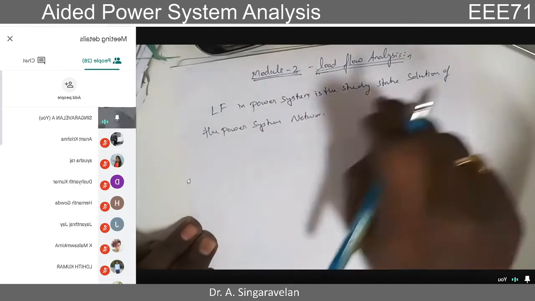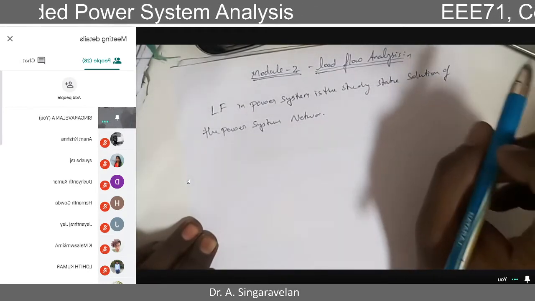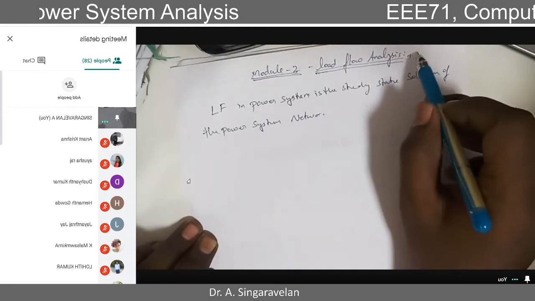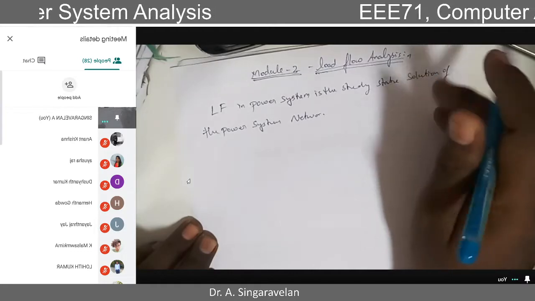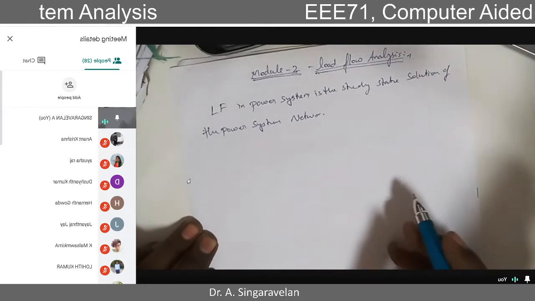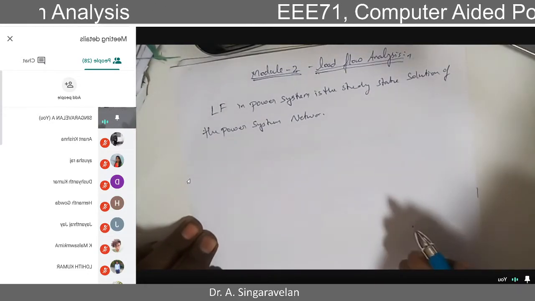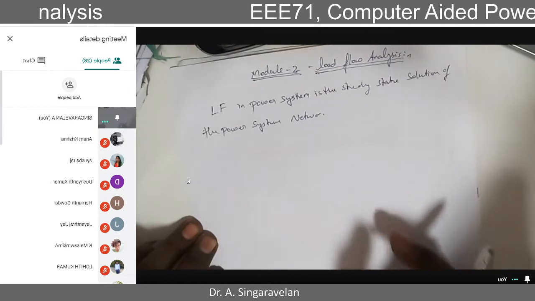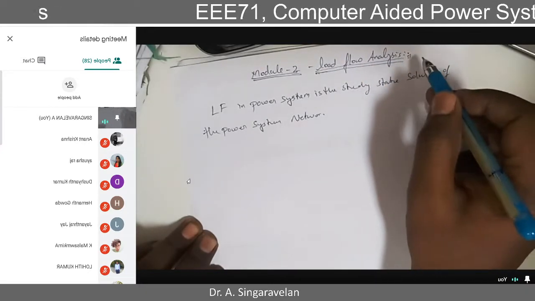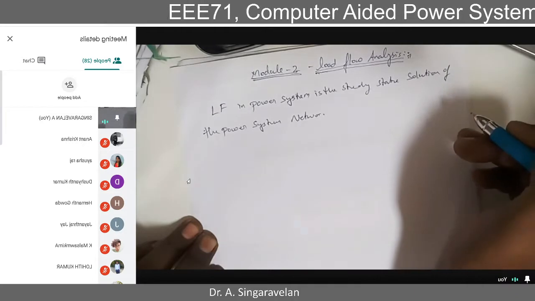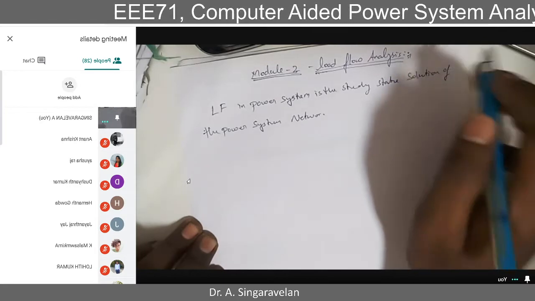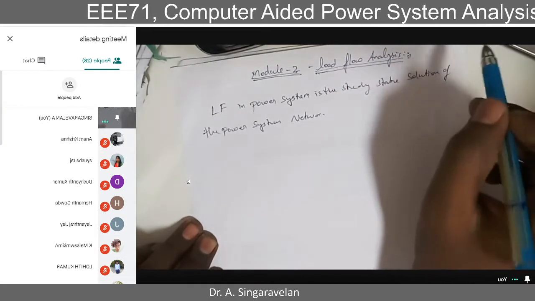So, this is a very important analysis that every electrical engineer or power system engineer should know. This is the very basic analysis we need to carry out for any power system, and this is also a prerequisite for doing any other power system analysis like fault study, stability study or economic operation. From this only we can get all other analysis. So that is why they say this is a very important analysis in the power system. Every electrical engineer must know about load flow analysis.